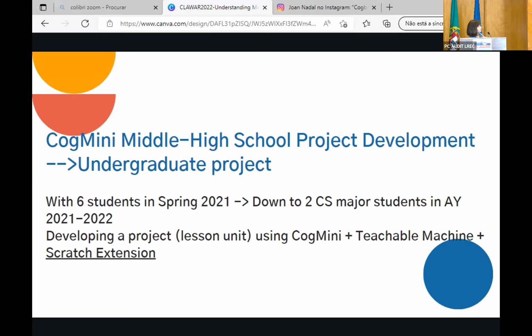For the machine learning part of it, we use something called Teachable Machine. I don't know how many of you know Teachable Machine. It's a Google tool, really simple, an amazingly effective tool for kids to train a machine learning model. But then if you don't apply it, that's that, just playing with it. So this tool allows kids to use the trained model with robotic coding, which is a simple Scratch extension. So block coding was a little bit of